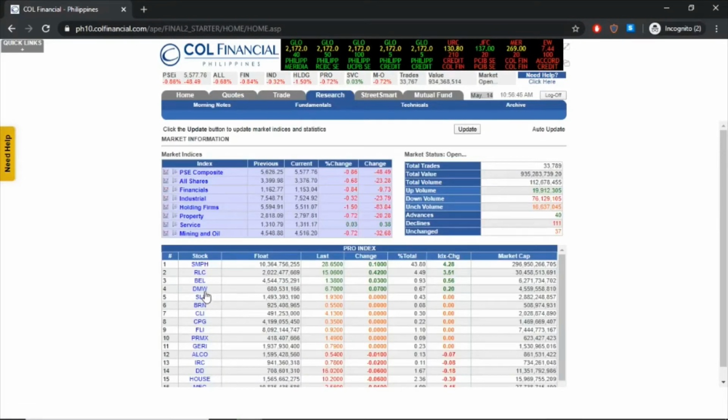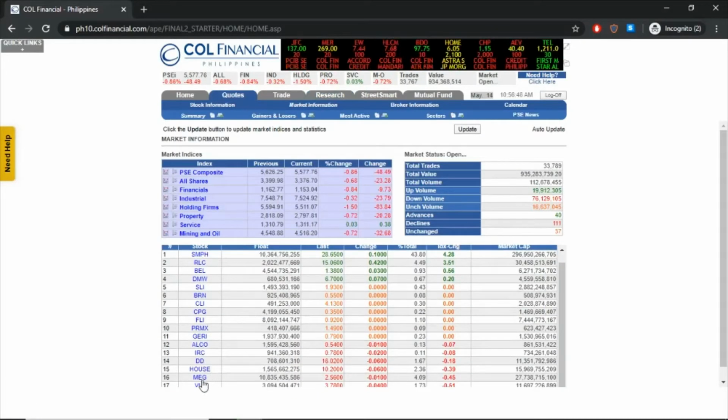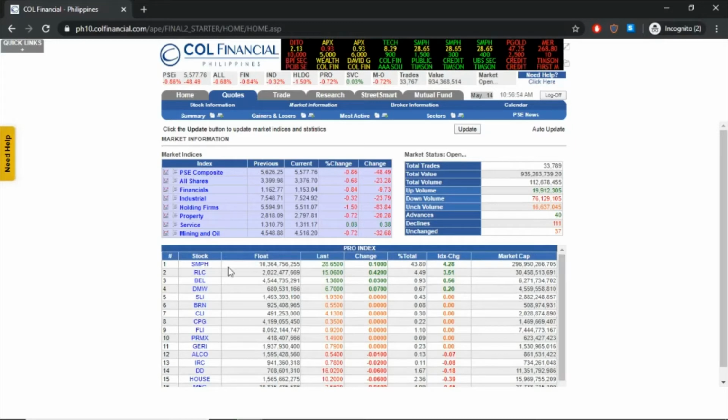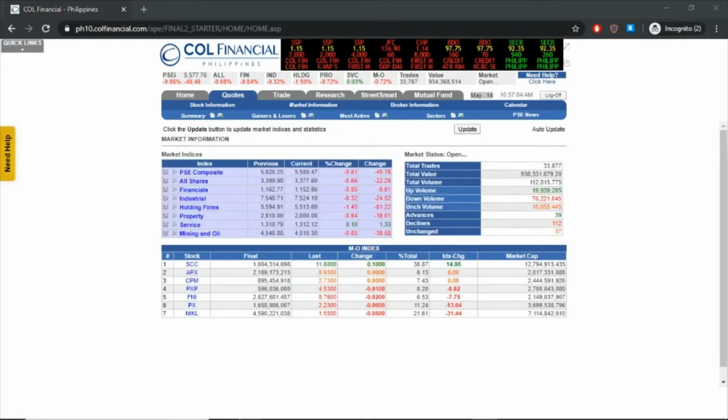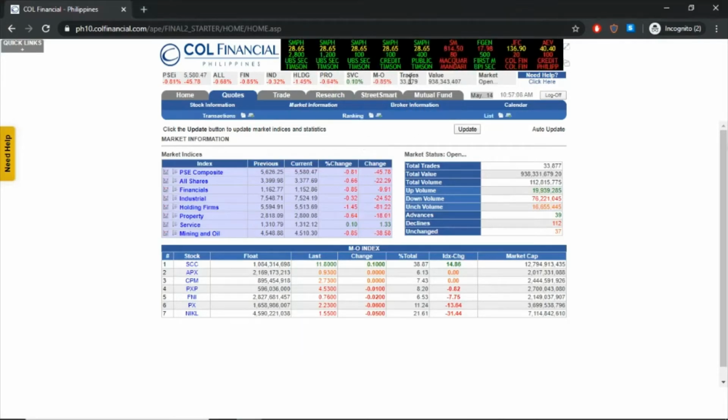Okay, we have DD, House, Meg. So you would see the current changes that are happening for those stocks. And we also have here mining and oil. Okay, so guys, once you click on the trades here, or once we go to the trades here, you would see it's